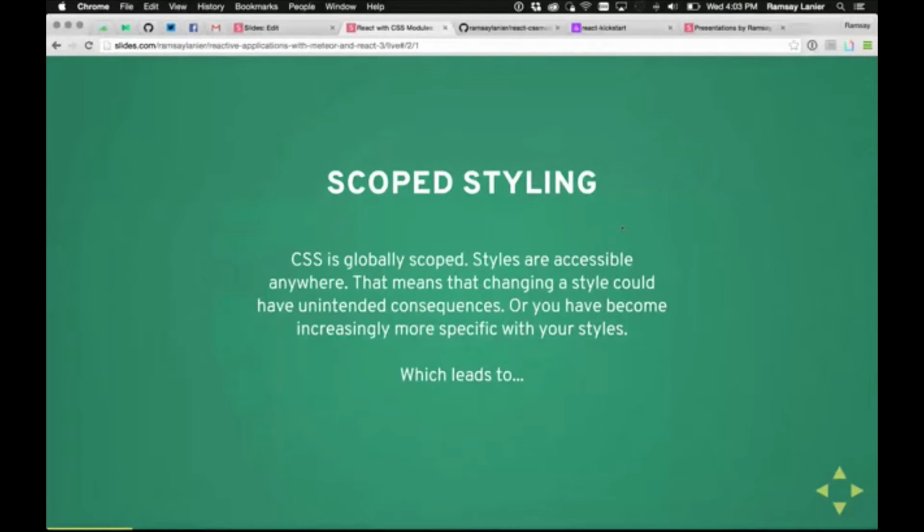And the biggest problem is you could change a style and have it affect a different part of your application without knowing it. Inline styles prevent this by having all your styles in your component, so you don't have to worry about changing a style in a component and having that affect a different component.